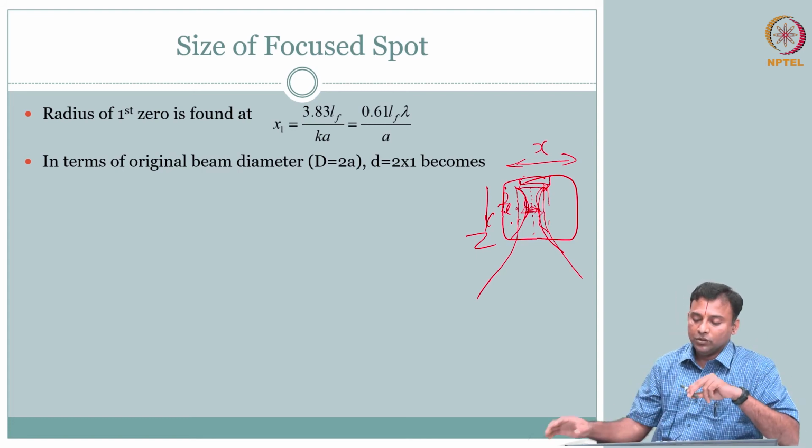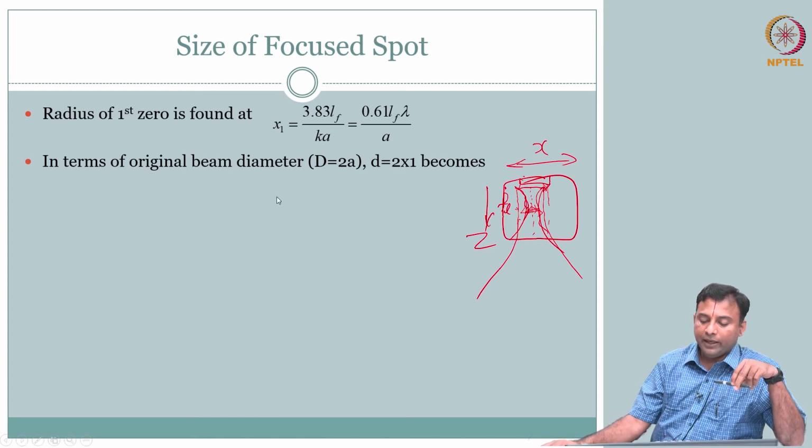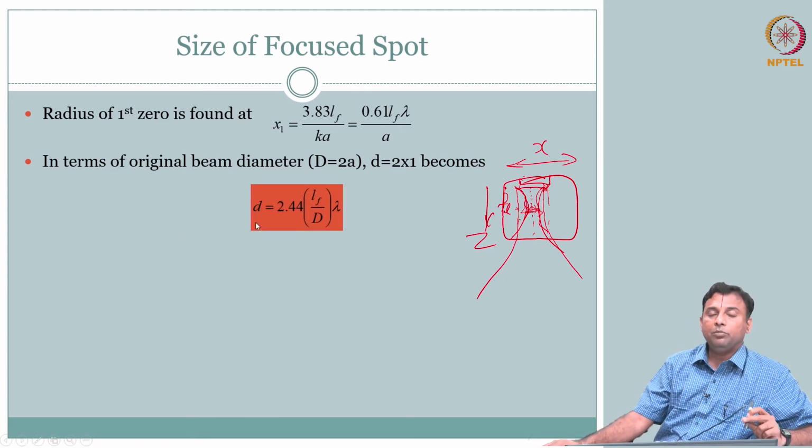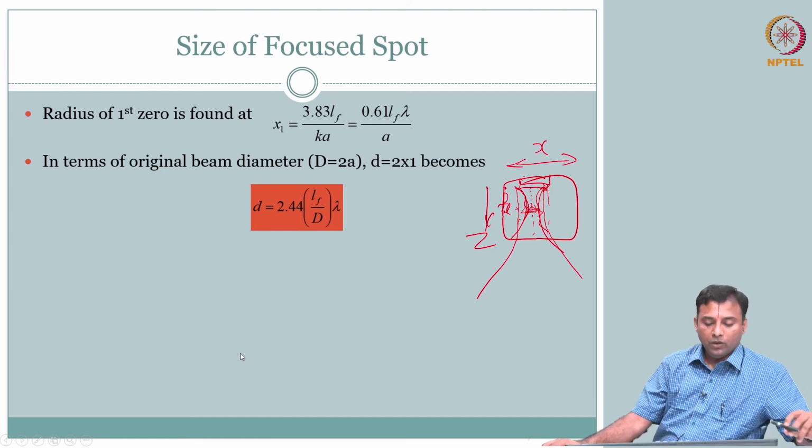Clear? So if that is the case, I can get my beam diameter. This will be my beam width. For a circular transducer, you can get the beam width to be this parameter. So the idea is if I have a lens, I can reduce the beam width. I could have a larger transducer, use a lens, and reduce my beam width. So you might think, okay, maybe we have achieved both, so we are good.